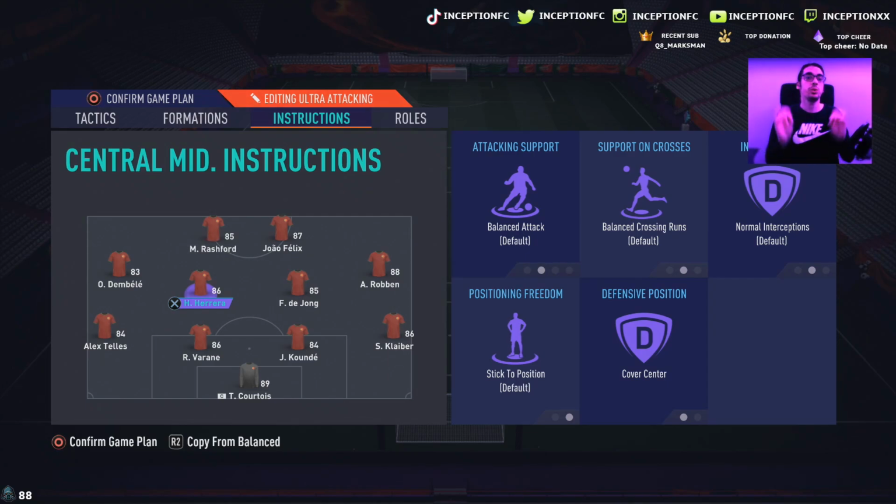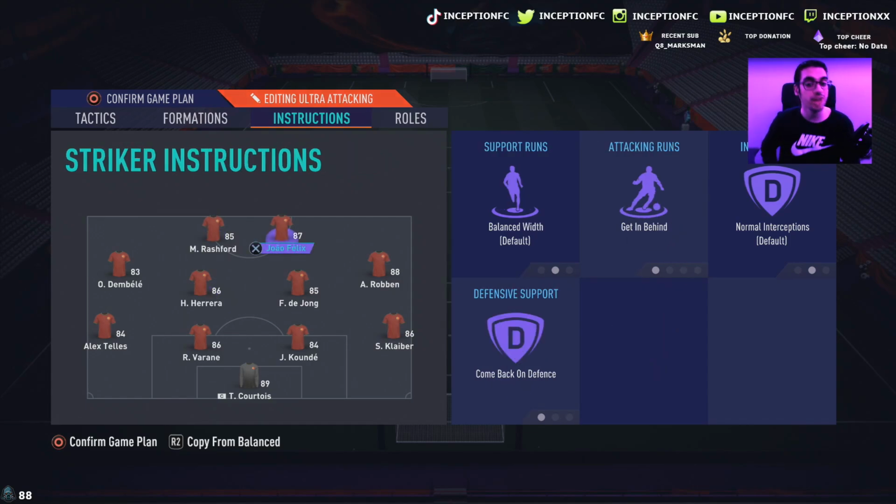So what's going to be very important is having players that are as meta as possible in those positions. As you guys know, I absolutely despise João Felix in the striker position. I do not like him there. On the get behind instruction, there are certain spaces that I want him to utilize that he just doesn't, right? Rashford is a better striker than João Felix in regards to attacking AI stuff because he feels more natural there,